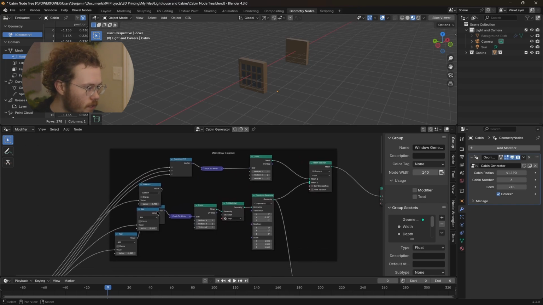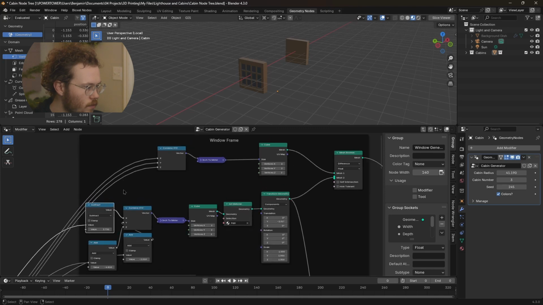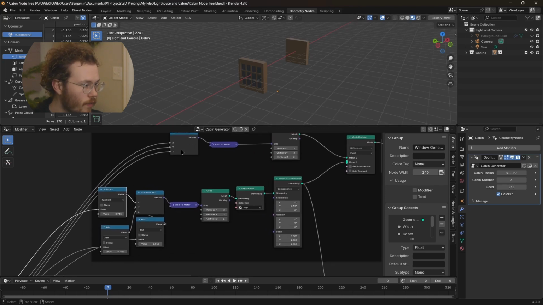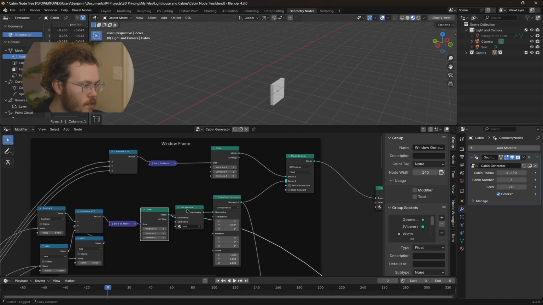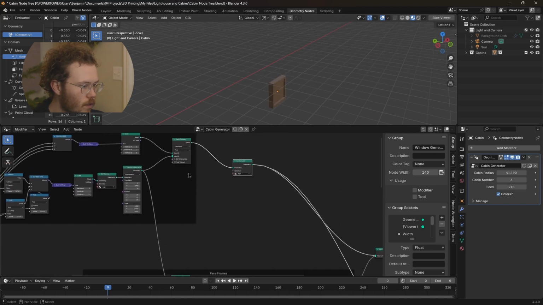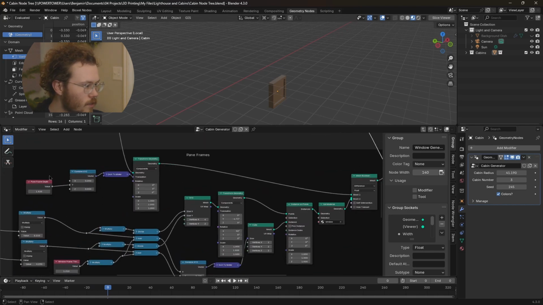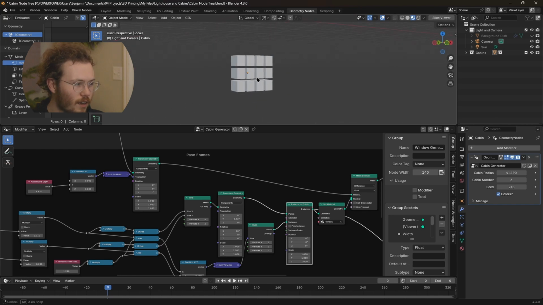But the way these are put together is we're just taking the values that define them and making cubes, setting materials, moving them over, making more cubes, cutting them out, and setting those materials. So that's making the window frame, and then these panes are actually a little bit cooler because they're just taking the outside shape that they should be, making a grid, transforming that grid, making a cube, and then instancing that cube on that grid,